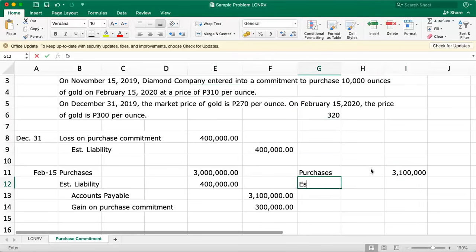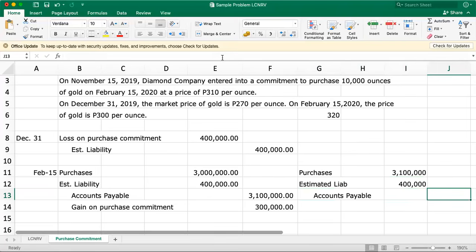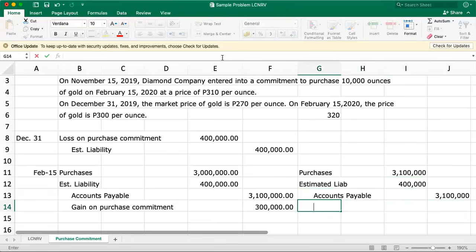The estimated liability is the same, 400,000. And the accounts payable is still equal to the fixed price. Again, always the fixed price. So what is the difference? You have a gain on purchase commitment